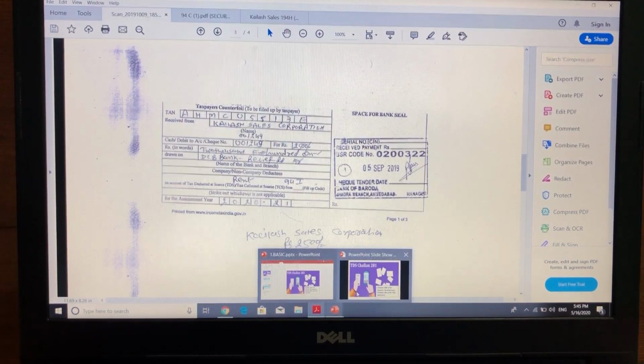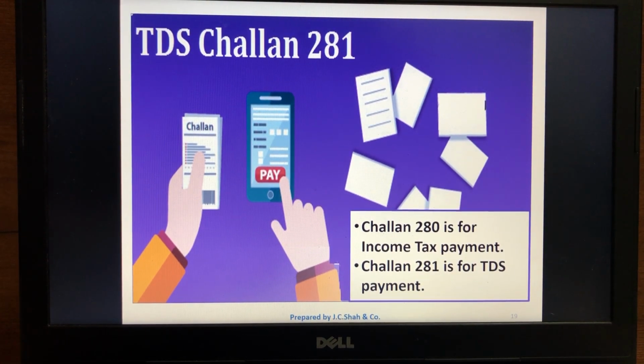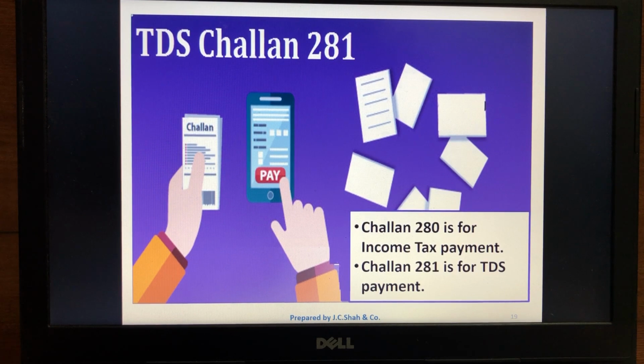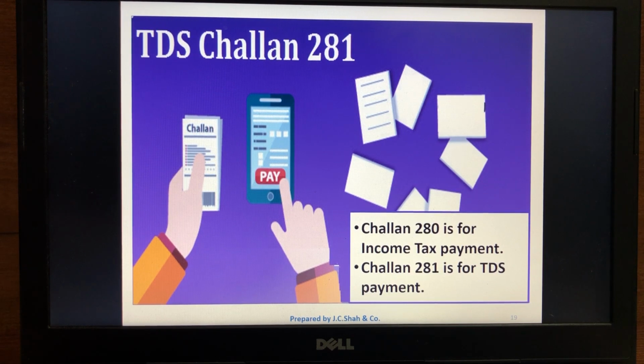Now what if you have made any error while paying the online challan or while submitting it to the bank? There is nothing to worry. There is a recourse available with the bank as well as with your consultant. Under the offline mode, you need to request your bank officer within 7 days from the date of the receipt to modify the challan.